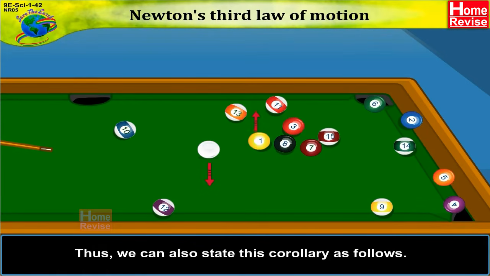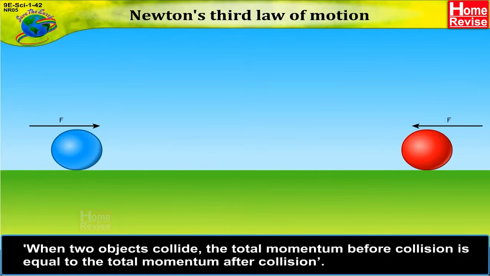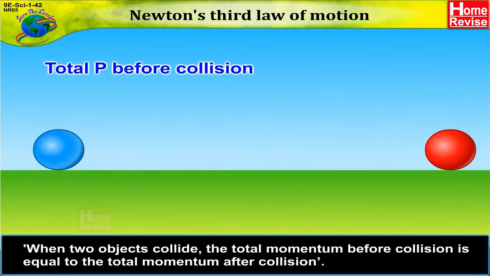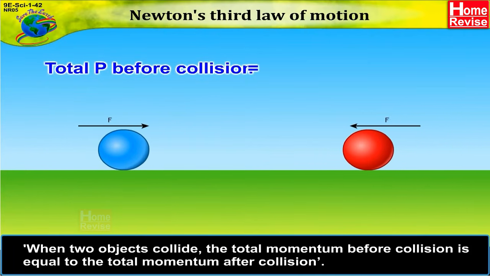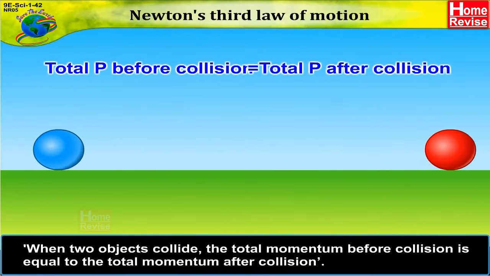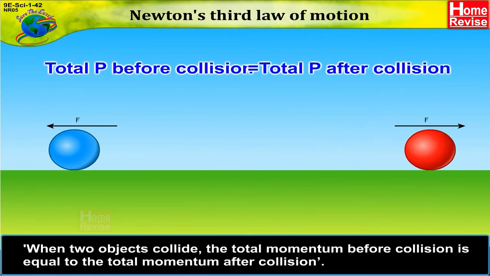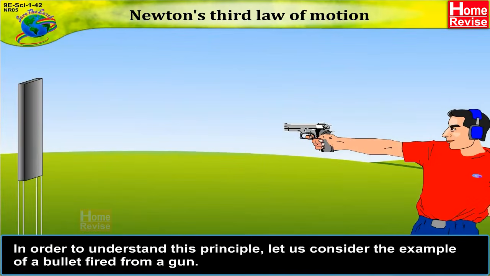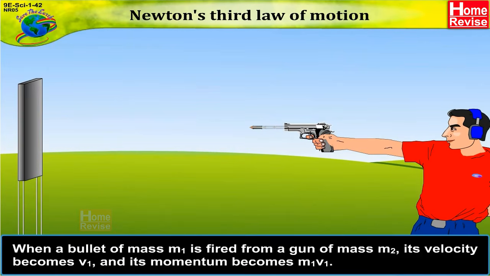Thus, we can also state this corollary as follows. When two objects collide, the total momentum before collision is equal to the total momentum after collision. In order to understand this principle, let us consider the example of a bullet fired from a gun. When a bullet of mass m1 is fired from a gun of mass m2, its velocity becomes v1